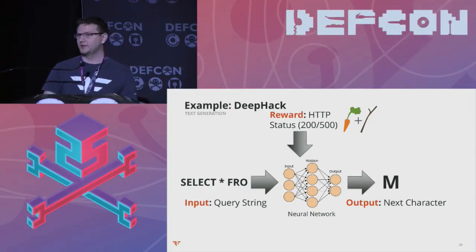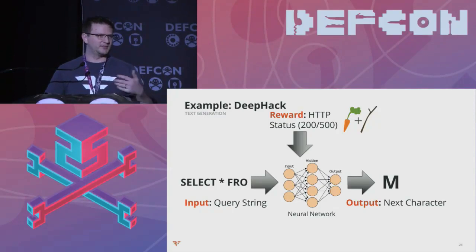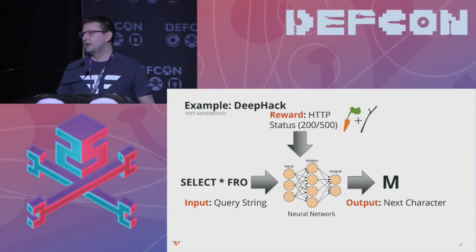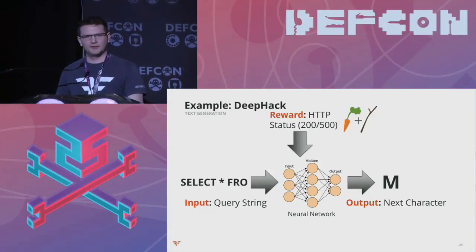And in terms of rewards, how does it know whether it did something right or wrong is again based off of the output from the remote server. All we have information about are the Boolean-based responses from the web server. Did this give us a 200 or did it give us a 500? Which is to say, is that data correct or is it incorrect? And entirely from that basis, we can figure out whether the string is present in the database or not, or whether this is something that we want or whether it isn't.